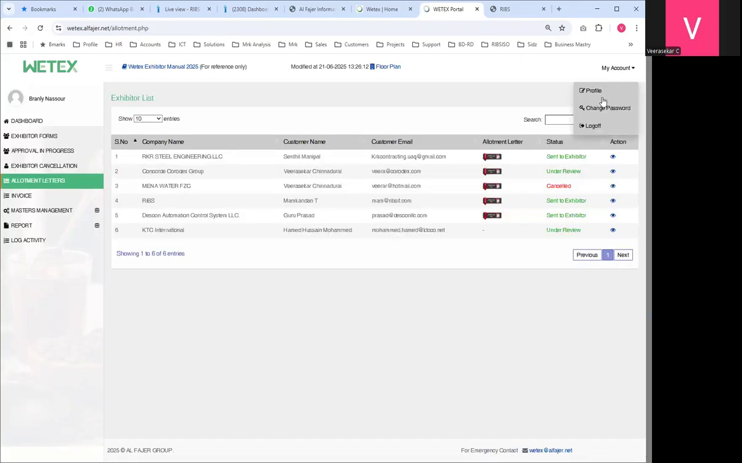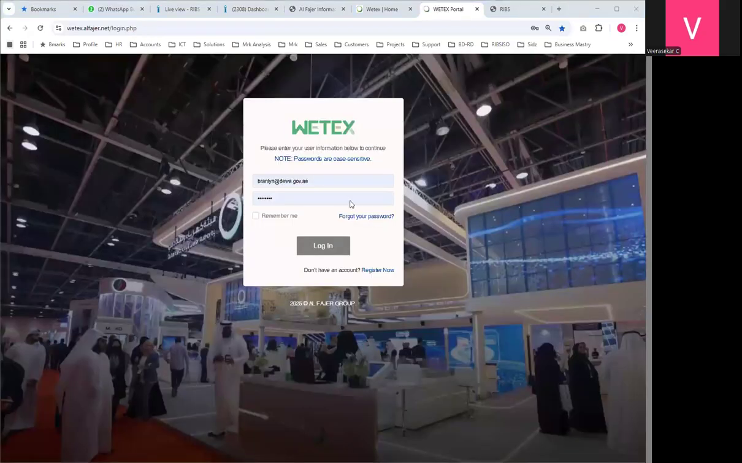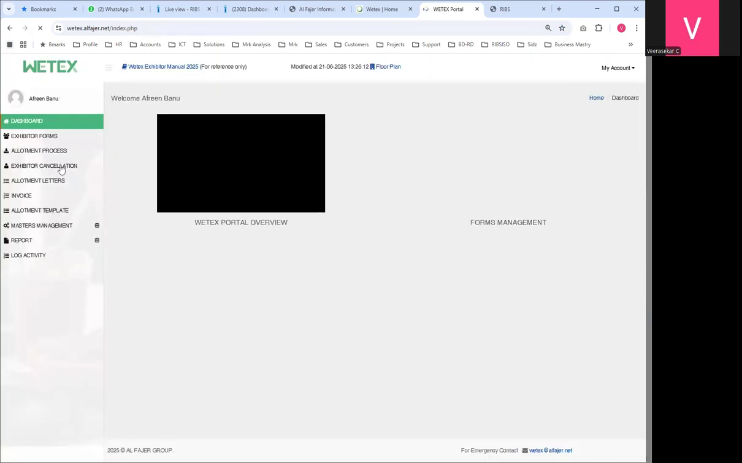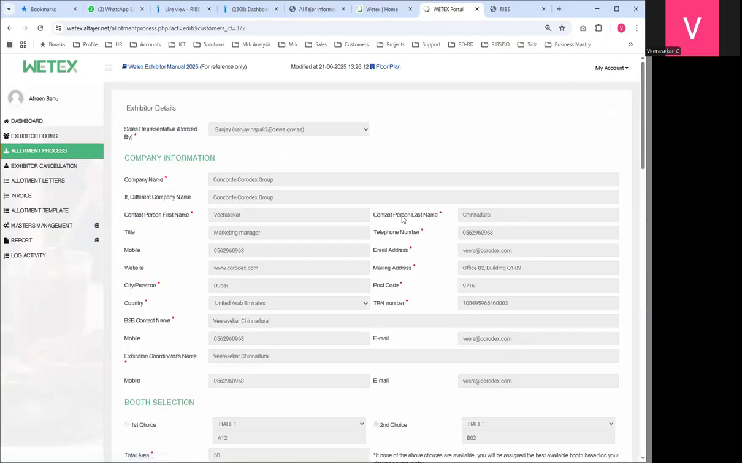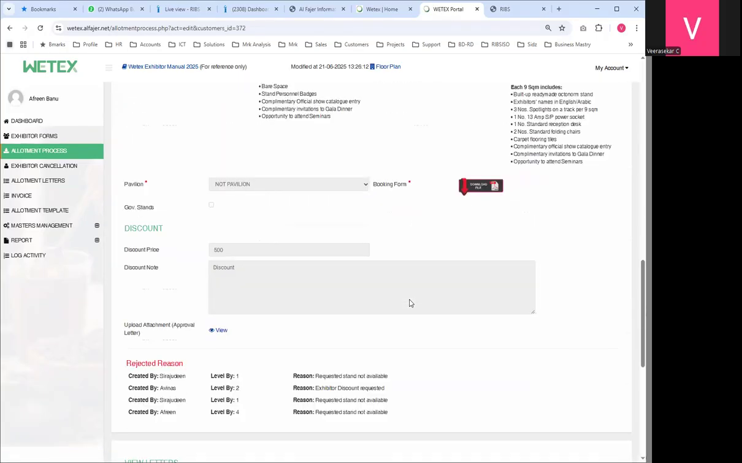Now we will go to the allotment letter process. We log in with the allotment team member login. So they will see their dashboard and this is their pending task. These two are pending for them. Here they can again see all this. From here also they can